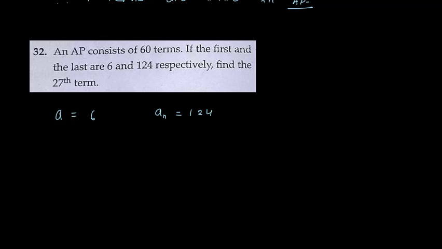We have to find A27, the 27th term. A simple question. The formula of AN is A plus N minus 1 D. So therefore A27